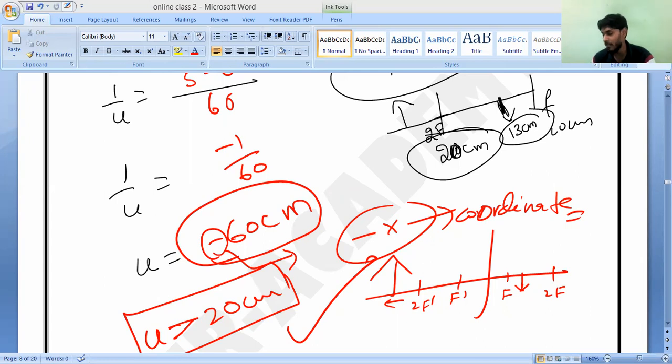The minus sign shows that. What does the minus sign indicate? Anybody? Kevin? Pranav? It is in the minus x coordinate. The object is on the left side of the lens. If you take the x-axis and y-axis, this is the left side, this is the right side, this is upwards and this is downwards. Write it: the minus sign indicates that the object is on the minus x coordinate, or you can write left side of the lens. Is it okay? Yes, sir.